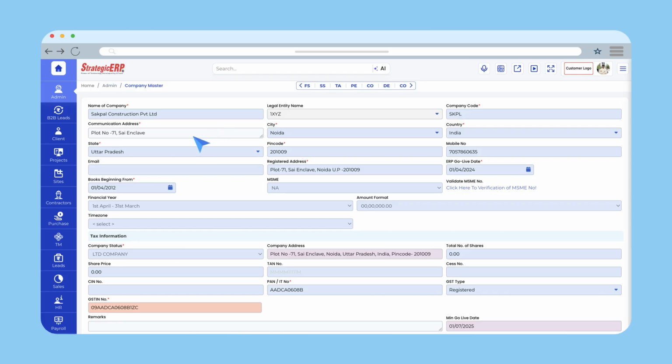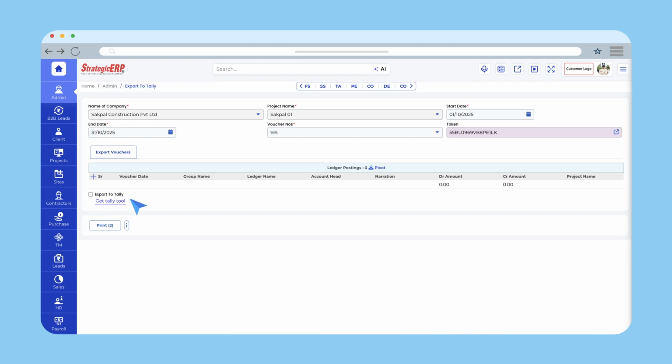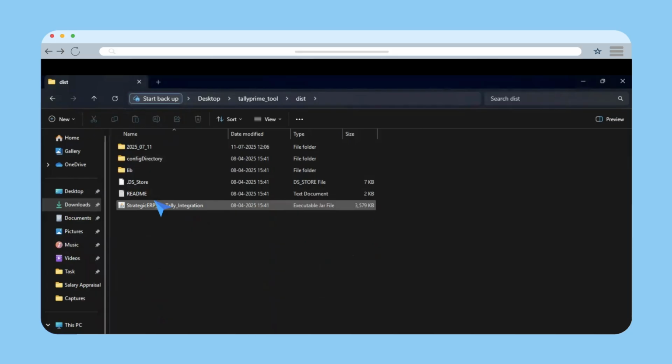To download the Tally tool, navigate to the Export to Tally form under the ERP Admin module. Click on Get Tally tool. The file will be downloaded automatically. Once the download is complete, you can view the Tally tool file in the Downloads folder on your system. Go to your DList folder and click on the Strategic ERP Tally integration tool to open the file in a